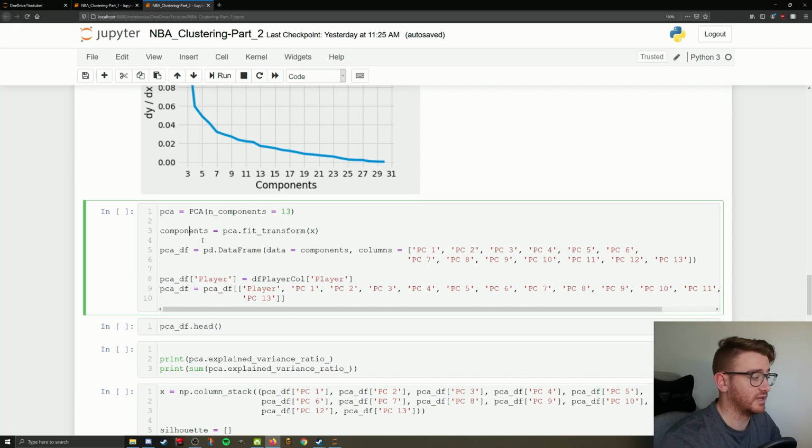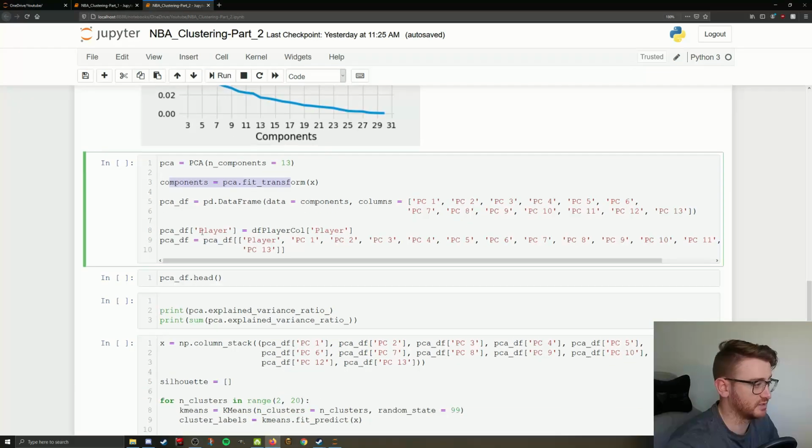So we're going to have a data frame that has a column for every principal component we're using. It gets a little tedious here. If you wanted to use more, you'd have to write this out for each one. You could write a little loop statement to automatically generate those in a list, but just to make it a little bit easier to see, we have 13 principal components,